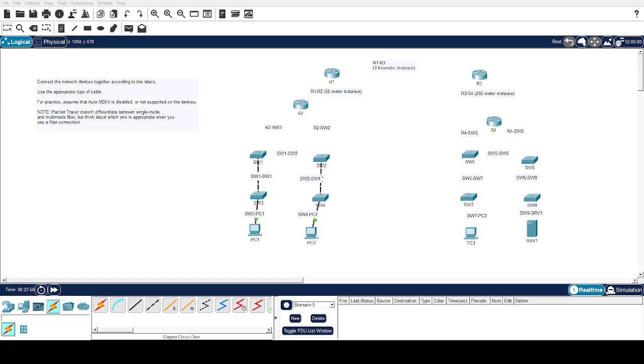Alright, we're gonna do switch to router, which we could use straight through. Right, we could use straight through. Could pick any of these. Oops, what? That's weird. Alright. And then